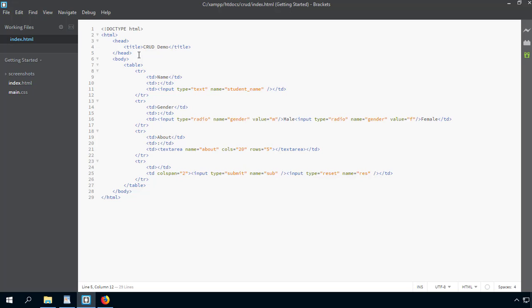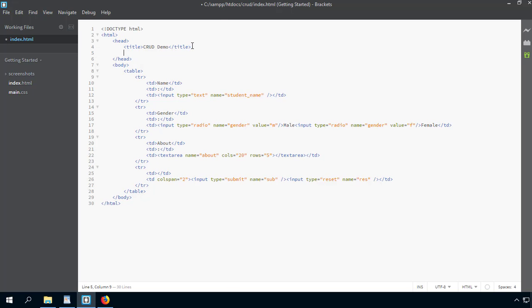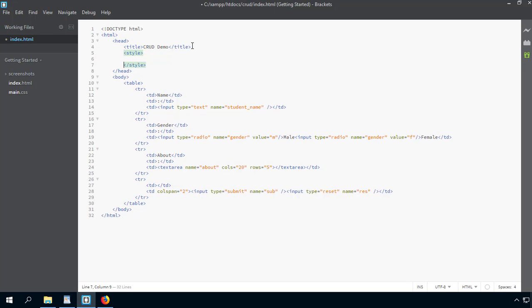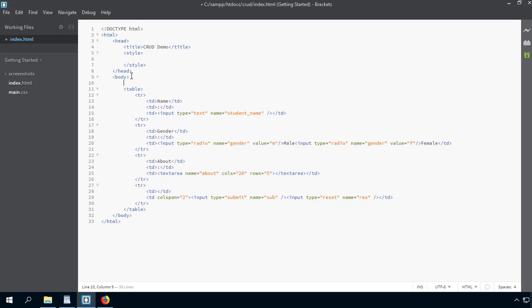So for this purpose we can use simple internal CSS, but we could also use external CSS, which is the preferred way for developing or writing CSS codes. But for our purposes, internal CSS is fine. We can put this table inside a form. So form,